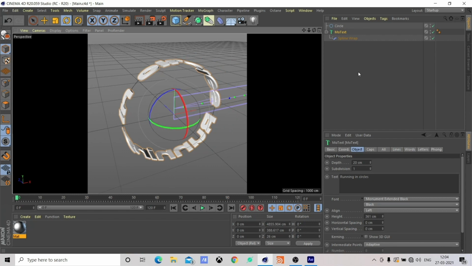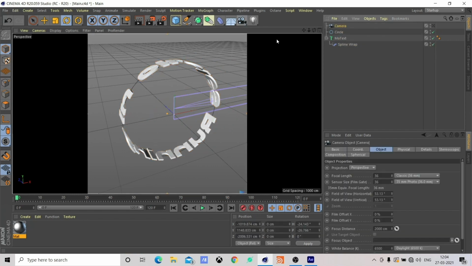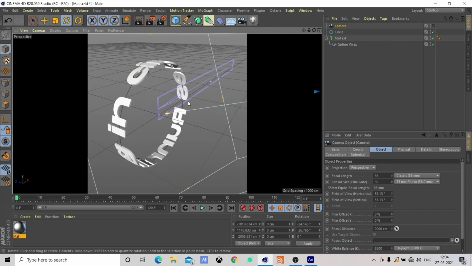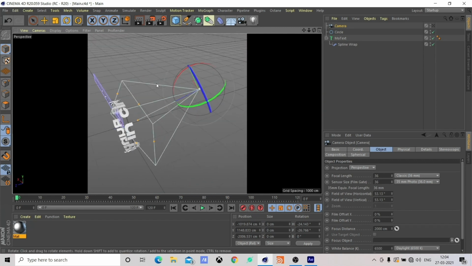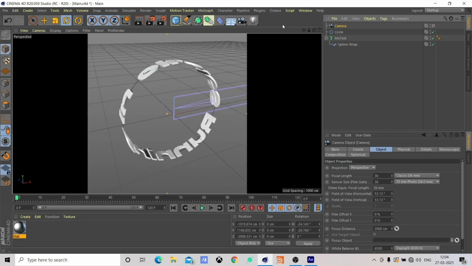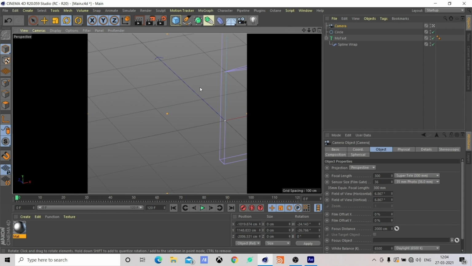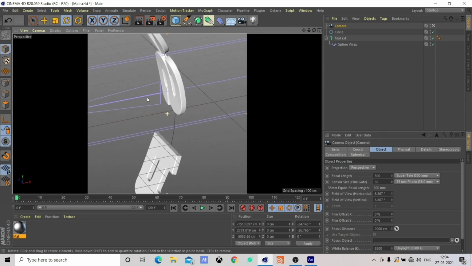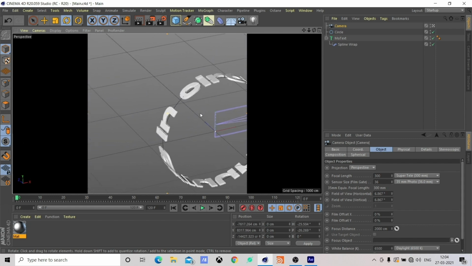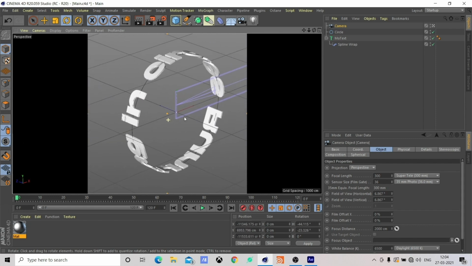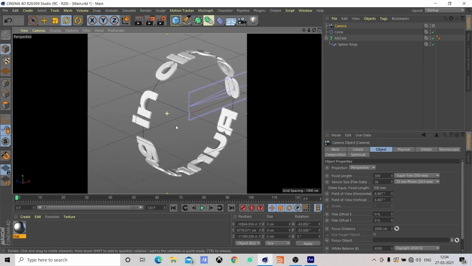We now set up the camera. So click on this button. That will set up the camera. And if you move out, you can see we have the camera right here. We are not inside the camera as of now. So if you click on this button, it will take you back inside the camera. Now in terms of the focal length, I want it to be a very long lens. So I'll go for, I think, a 300mm lens. I think this angle works for me.